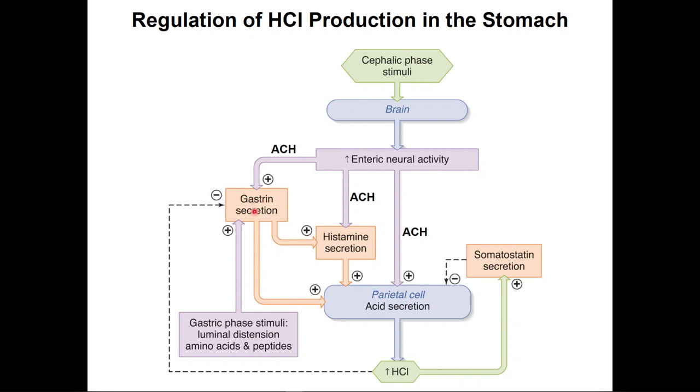So that gastrin can be released through this direct local mechanism, through food in the stomach, or through the sensation or thinking of food and smelling food. Okay, and gastrin is a huge trigger for acid secretion as well as histamine. And remember, somatostatin is the good guy in the sense that if we want to block acid secretion, we